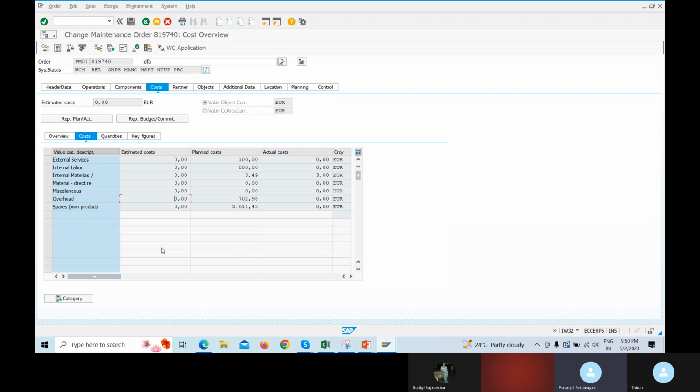Is it right? Internal services, external services, and material cost.